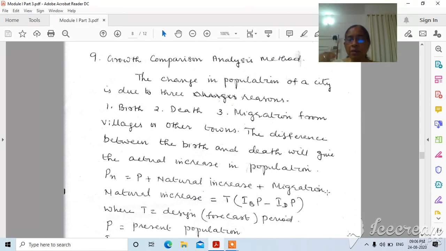Then the actual migration, how many people have migrated to this particular place, those records are also there. You will be getting the correct records since we have the voters list, we have the correct data in the